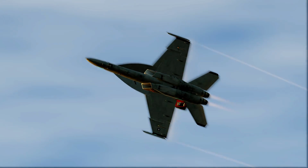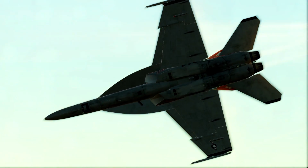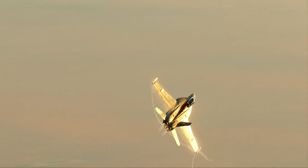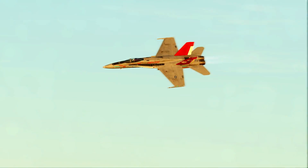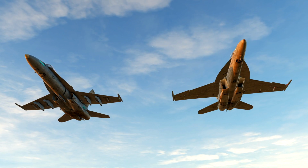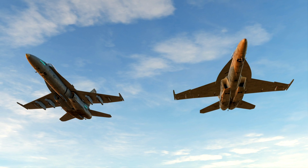Today we're comparing the F/A-18F Super Hornet, also referred to as the Rhino, with the legacy F/A-18C Hornet. Besides the obvious larger size, one can distinguish the Rhino or Super Hornet from the legacy Hornet with some very key design features. The most common ones to look for are the enlarged leading edge extensions and the larger rectangular